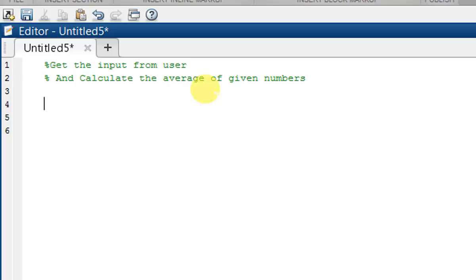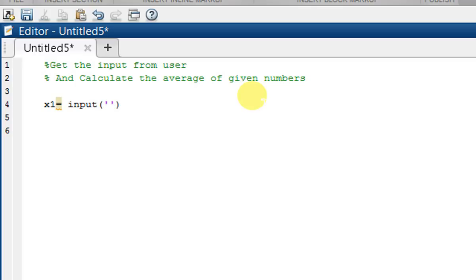So we take one example: get the input from the user, means get the values from the user, and calculate the average of some numbers. Now we take one variable as x1. We have to get the value from the user, so we use the input command.